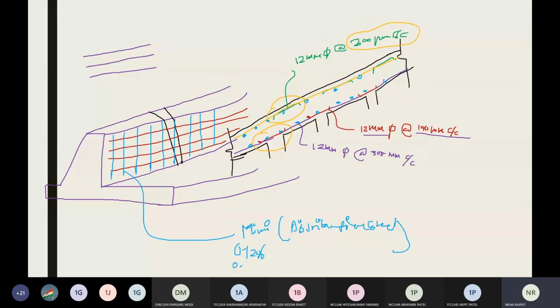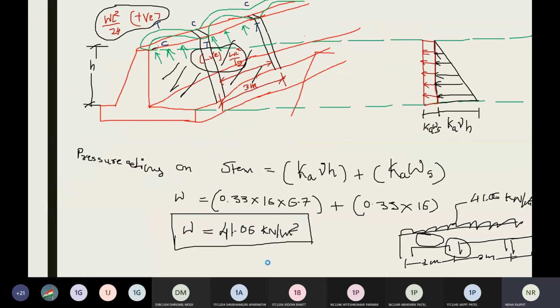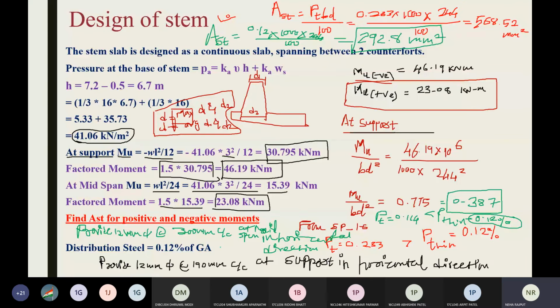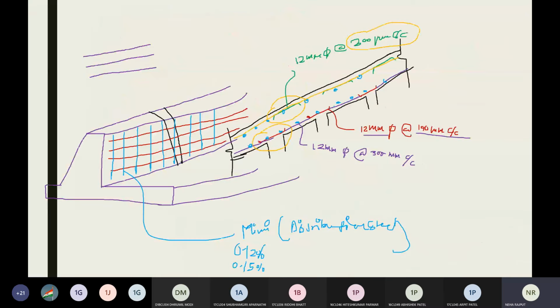and this is 0.15%. अब हमने यहाँ पे find किया था, हमारा ये 0.12% के लिए we have this 300 mm and 12 mm. So this reinforcement, this dotted reinforcement are both the side. These are the 12 mm diameter at 300 mm सेंटर टू सेंटर. तो ये है distance यहाँ पे 300 mm, और यहाँ पे ये distance